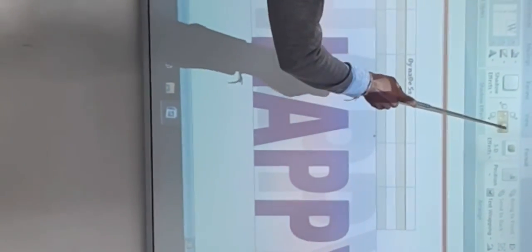Next one is, if you want to change the shadow effect. Shadow means you will see that some shadows are there. If you change the shadow effects, I will just change to that. Whatever shadow you want, I can do that. If you want the shadow to move to this side, you will see that the shadow will change to this side. So whatever I want with my text, I can do that. Here you can change the position of your text, where you want to insert. Understand?